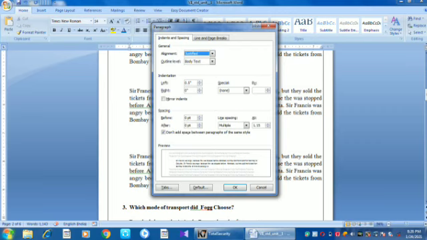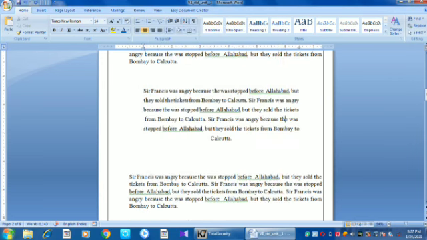Left indent means we can increase the size, for example 1 inch. For right, we can change the indent to 0.6 or 0.7, whatever we give here. Then spacing before and after the paragraph. Line spacing we can make single or 1.5, so between each line 1.5 spacing will be applied. Then for alignment, if we want center, we can select center, then click OK. All the changes will be displayed here.